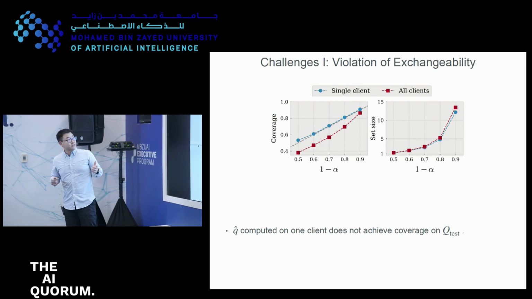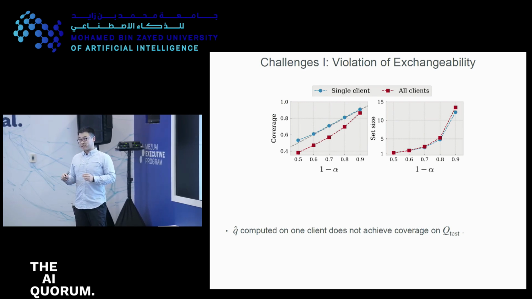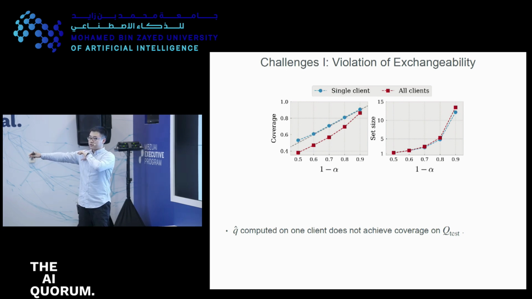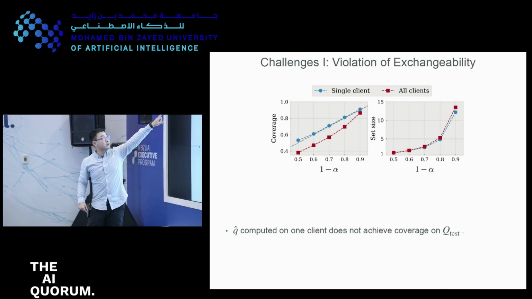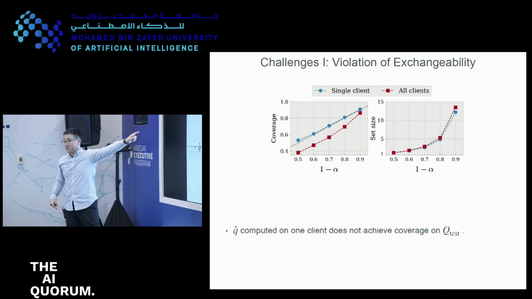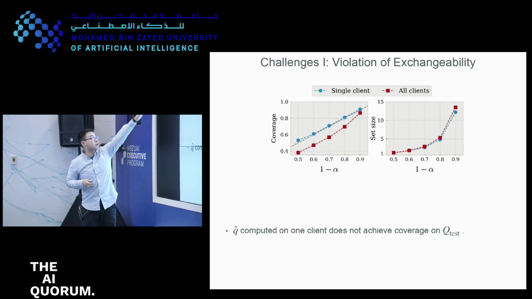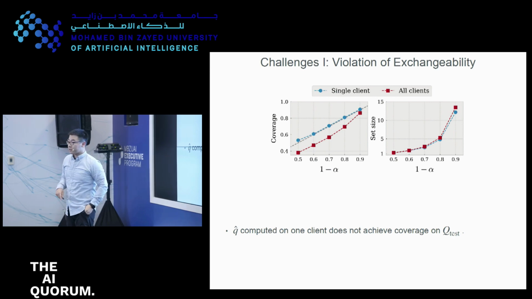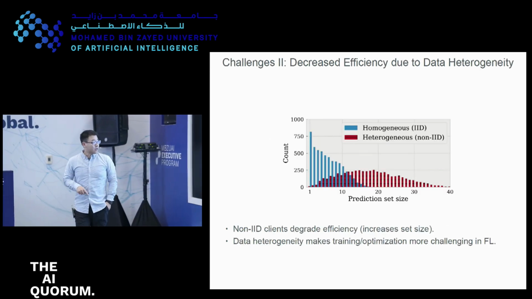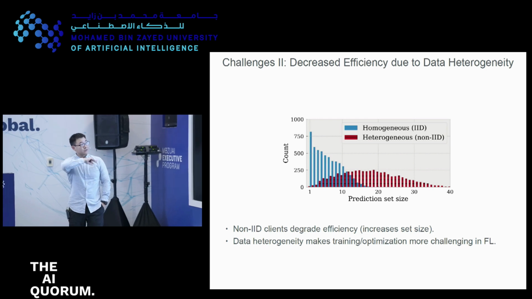So the second challenge is data heterogeneity. Basically, because there is also optimization happening here, you cannot actually take one client's data to construct a conformal predictor and apply it to everyone else. Here on the left, we show that if you do that, you actually get some under-coverage. Your desired coverage is 0.8, but your actual coverage is way below 0.8. So there is also a heterogeneity effect,